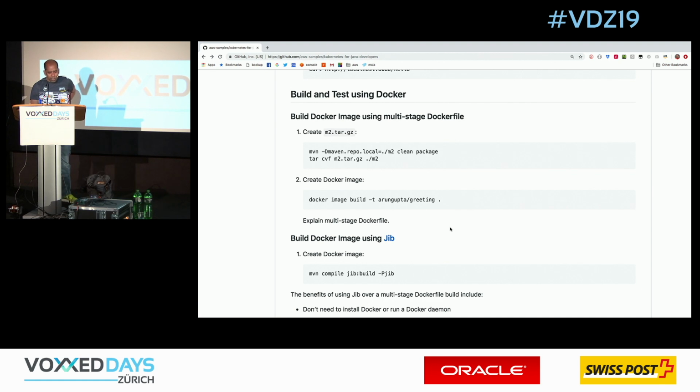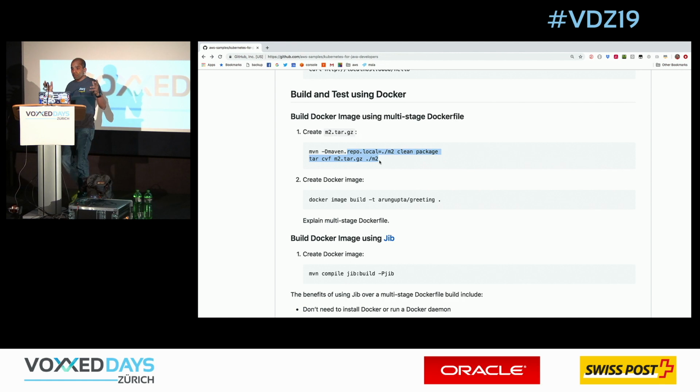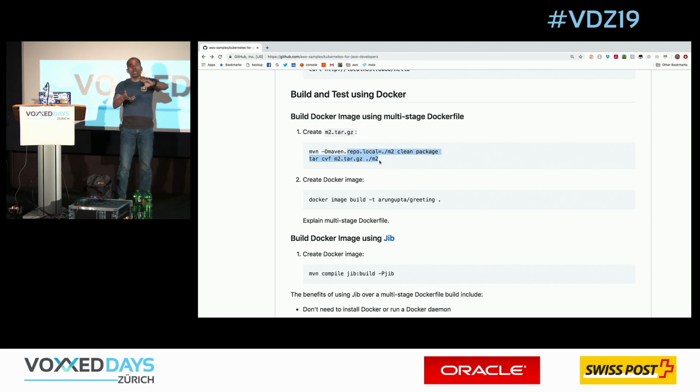So what we can do is, now, if you understand how Docker images are created, they're nothing but a bunch of layers. And every time you change anything in a layer, the whole image gets recreated, or that particular layer gets recreated. Now, in case of Maven, if any dependency changes, the whole Maven repository gets downloaded on your machine, and that whole layer gets changed. So that's a big fat layer right there itself.